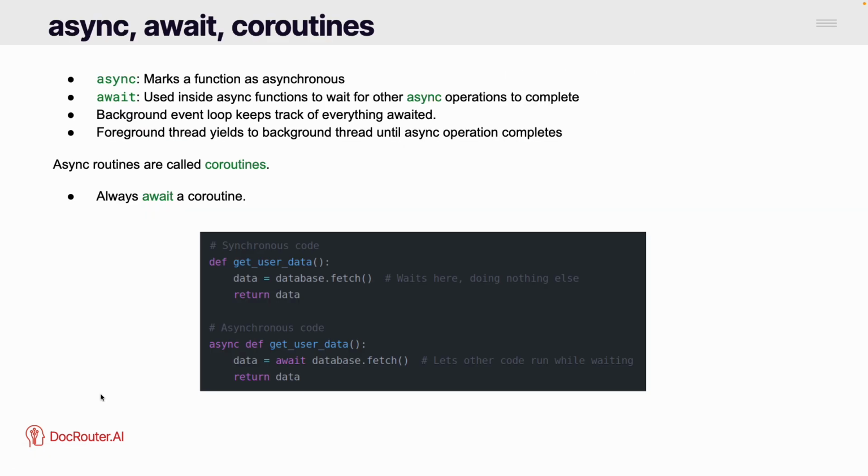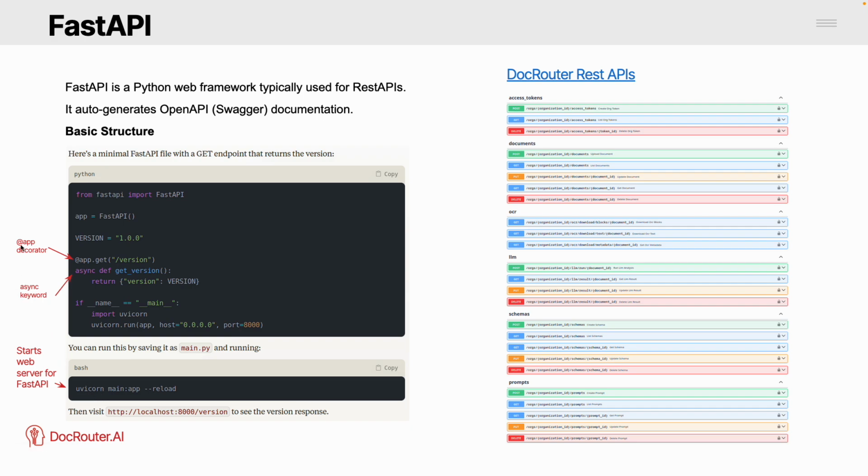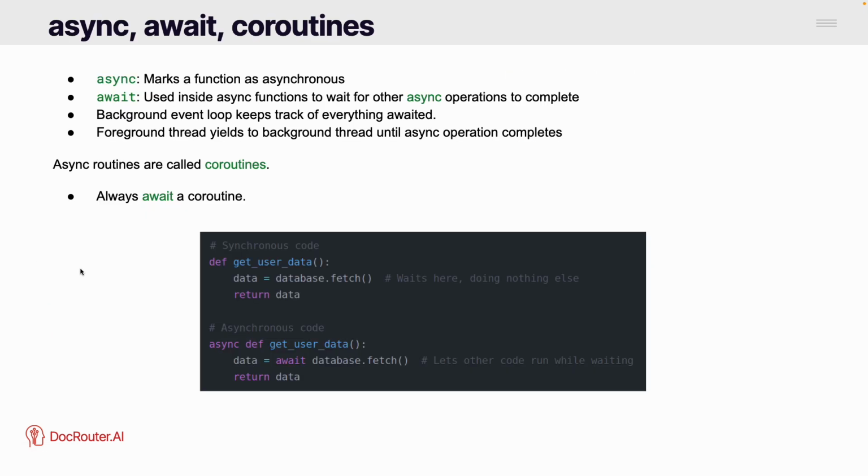All right, so let's talk about the async and the app decorator. Async and await is a way to make functions asynchronous. There's an example here of a synchronous function, getUserData, which will just fetch from the database, but that's going to be a blocking call. If this takes 200 milliseconds to return, then your application is going to wait 200 milliseconds, right? And Python has a global lock, the so-called GIL, so nothing else will run